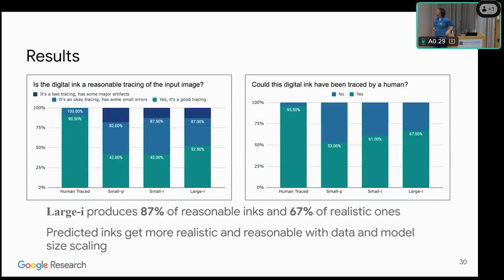And to the other question, could this digital ink have been traced by a human, there we get to 67% realistic ones. This is perhaps not a big surprise or a fancy conclusion, but yet again, things get better with more data and with larger models, and that's true in this case as well. And I'm sure you're aware of that.